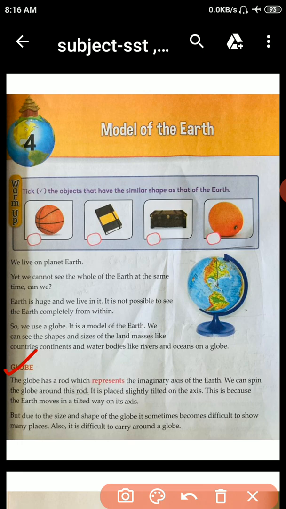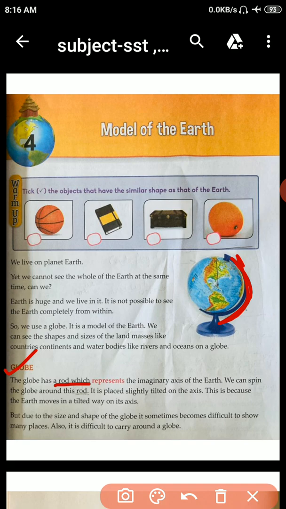So student, rod, R-O-D, here is the spelling. It means stick or pole. Now, is this rod or road? It is stick or pole.